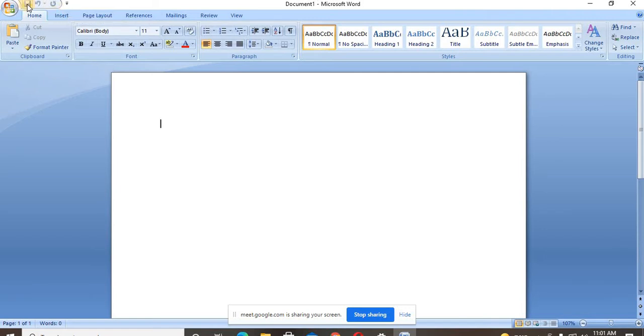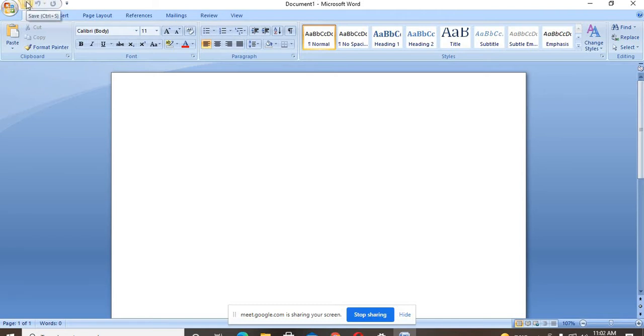Again, children, you can see the save button, isn't it? Yes, ma'am. You can see this button which is called undo, and this is called redo. These three buttons together are called the quick access toolbar.